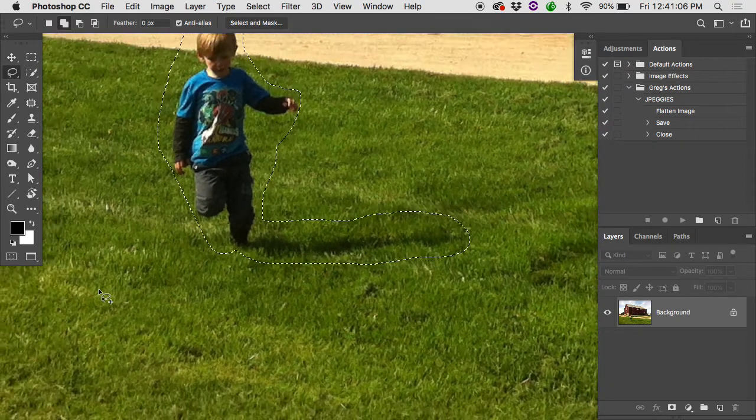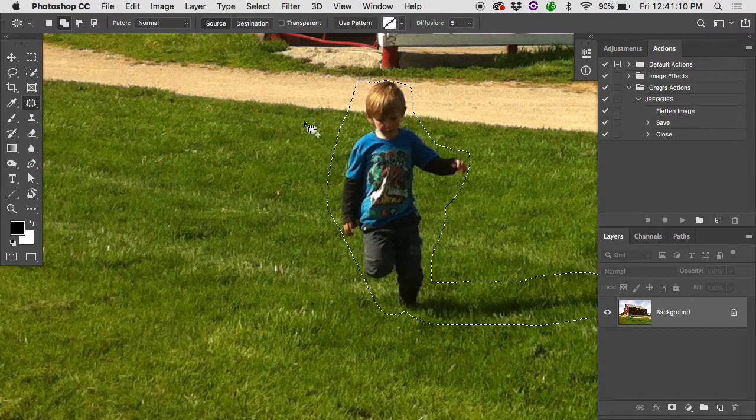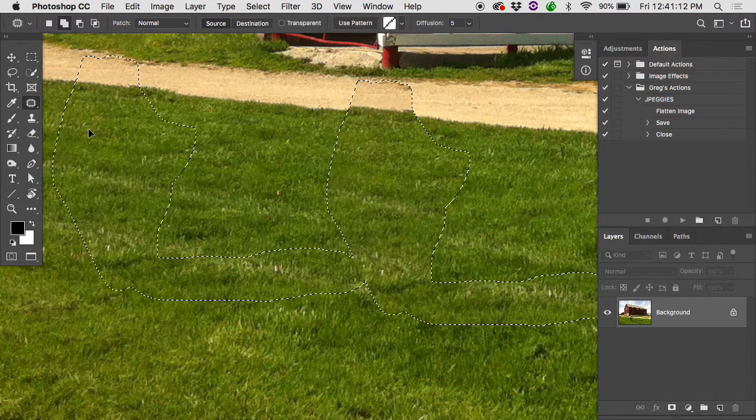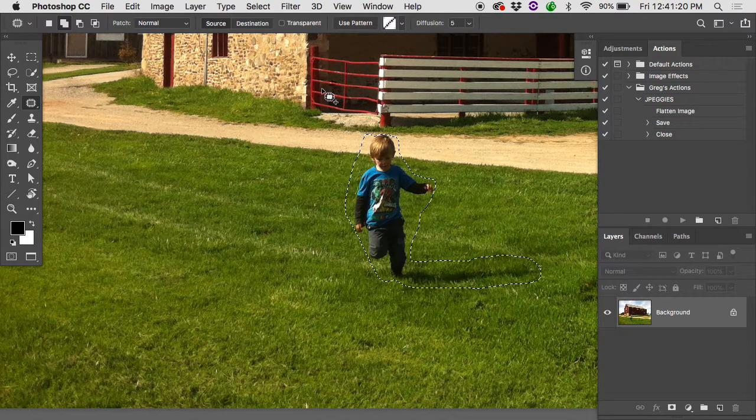So you can use whatever tools you want to make those selections and then select whatever tool you need. In this case, we got the patch tool, drag it over, and it does its best to blend everything in there. So that's if you want to get rid of something. Maybe you want to go the other direction and say, well, when I'm cutting this out, I'm hitting the top,